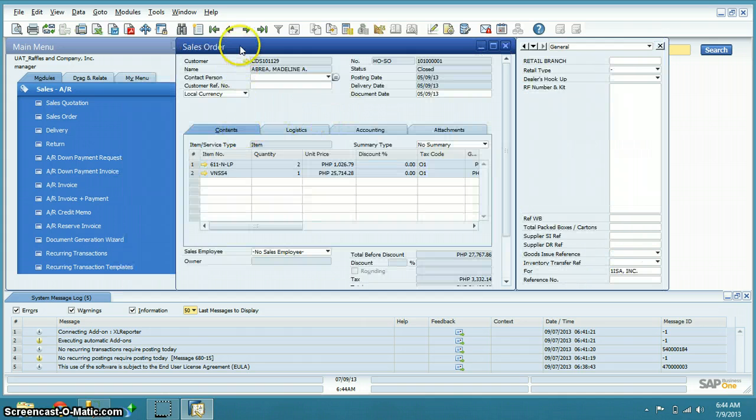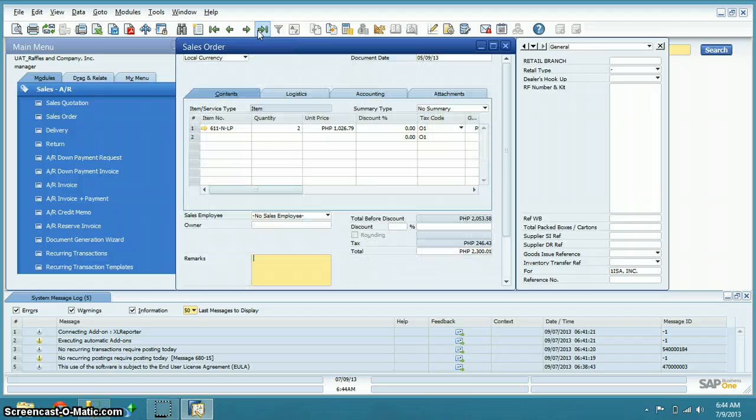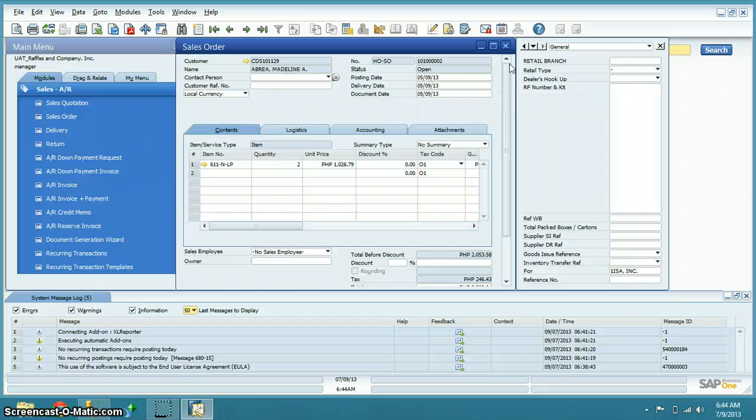So, this button will be responsible to show the last data record in the sales order form. So you can see we have only two transactions here, and both for Abria Madeline.